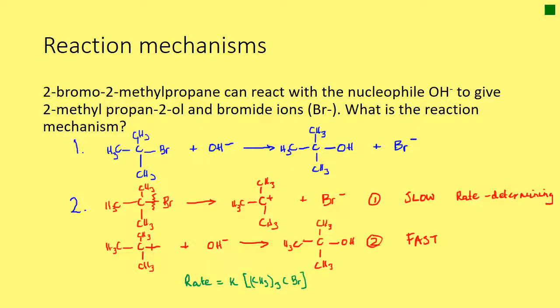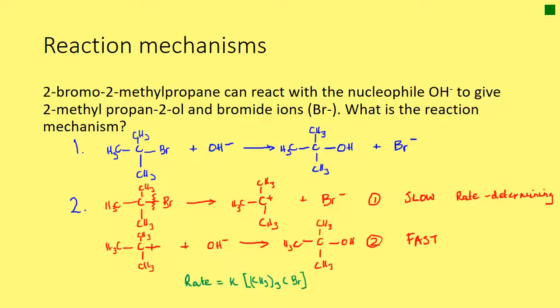Again, we're going to start with 2-bromo-2-methyl propane. But instead of the hydroxide ion directly replacing the bromine atom in the molecule, what we could possibly have is the bromide